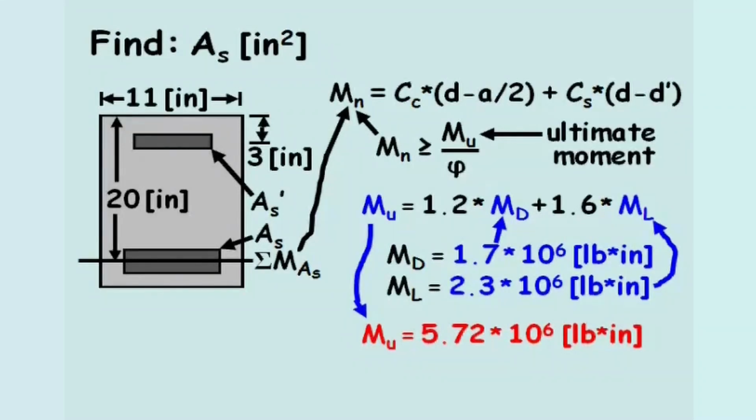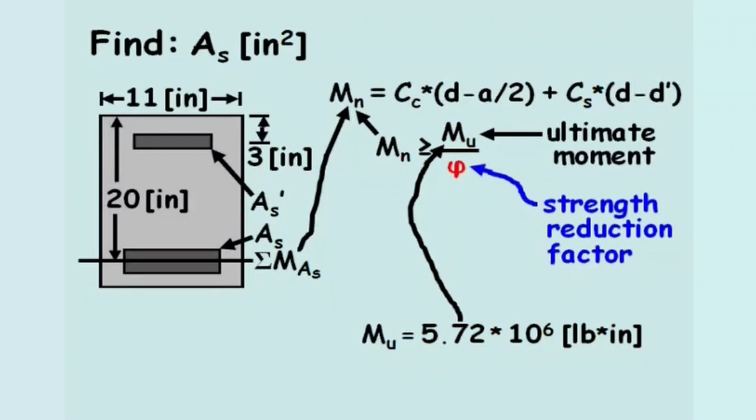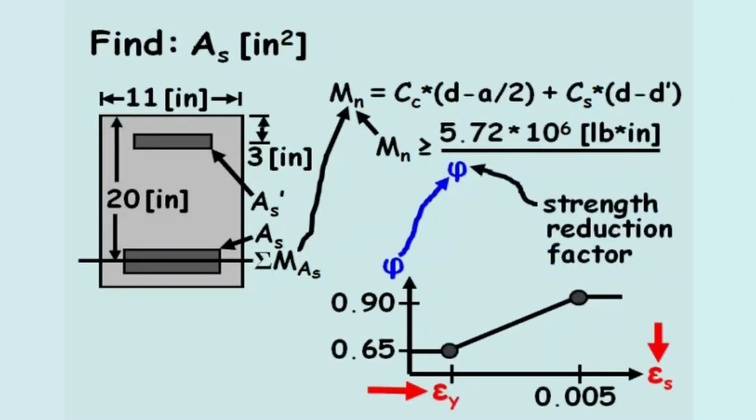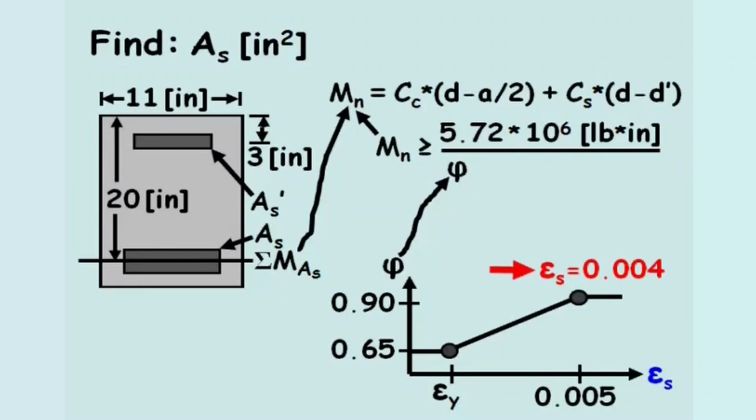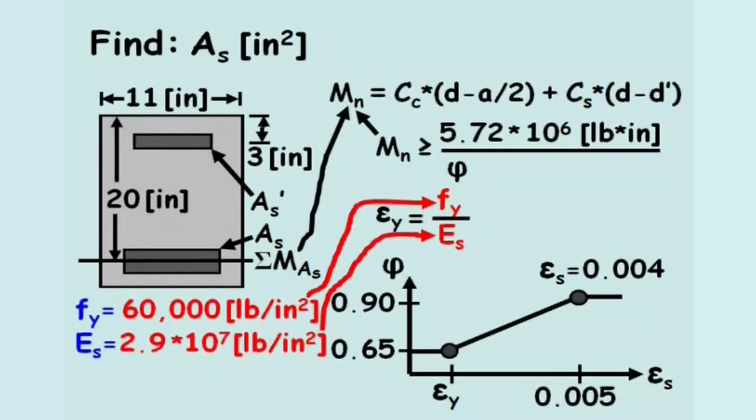This value is substituted in for the ultimate moment, Mu. And now we are left to compute the strength reduction factor, phi, which is a function of the strain in the steel, epsilon s, and the yield strain in the steel, epsilon y. From the problem statement, the strain in the steel equals 0.004. The yield strain in the steel equals the yield stress in the steel, Fy, divided by the Young's modulus of the steel, Es. The problem statement also provides these two values, and the yield strain in the steel computes to